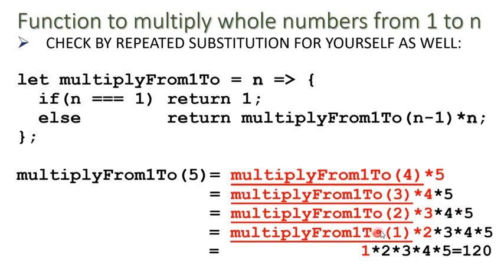And now, the next time we substitute 2 for n, we again go to the else statement. So we have multiply from 1 to 2 minus 1, or multiply from 1 to 1, times the n of 2, right? And see that the answer is multiply from 1 to 1, times 2 times 3 times 4 times 5. And finally, when we substitute 1 for n, we see that 1 does equal 1, and so we return 1. So with this final substitution, the answer is what we expected, namely 1 times 2 times 3 times 4 times